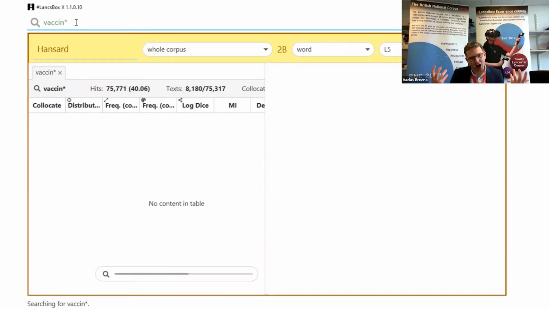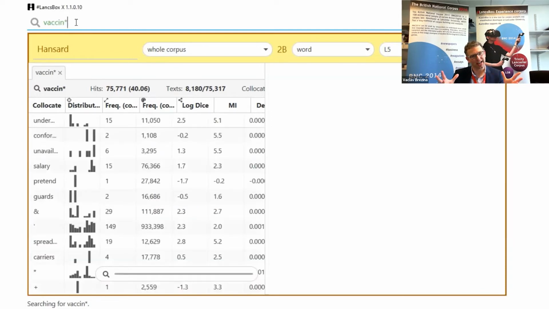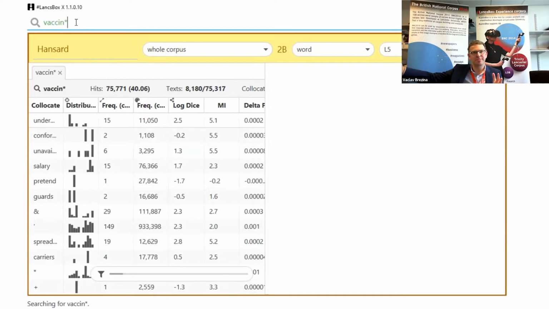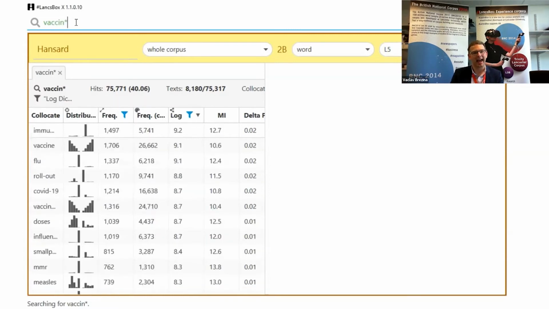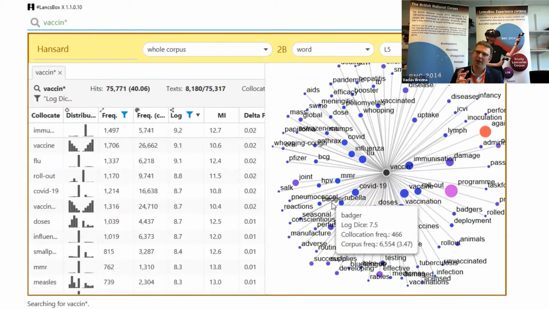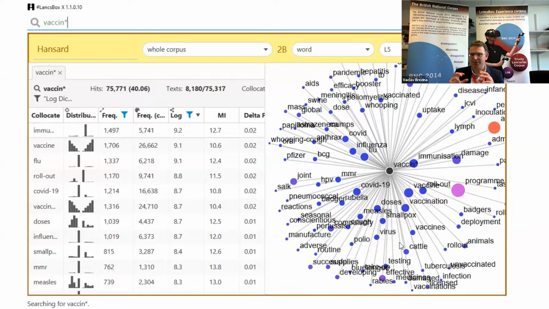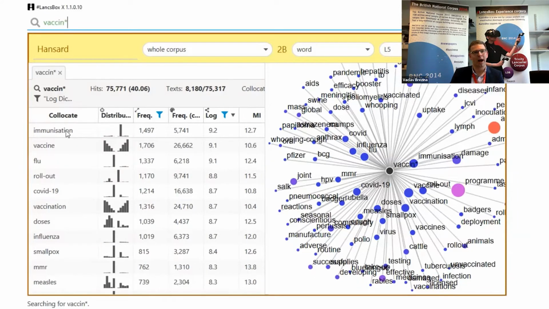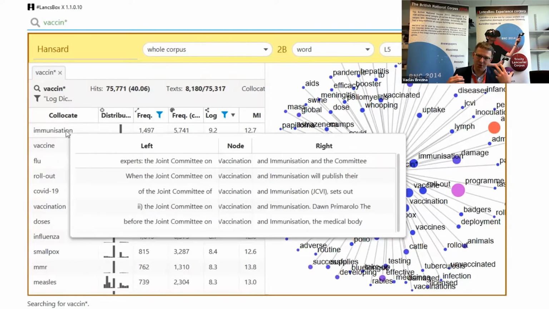So you can see in real time how responsive LancsBox X is with this. What it does is it searches the data. It automatically computes using R scripts, so external R scripts that you can modify, all association measures. You can add your own if you are not happy with the range that we offer, and it automatically creates a graph that you can also modify depending on different attributes you want to assign to the edges and different values. So this is very flexible, and you can also get the concordances to interpret the data